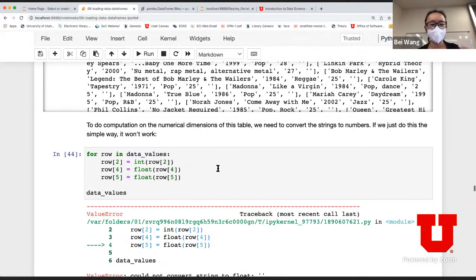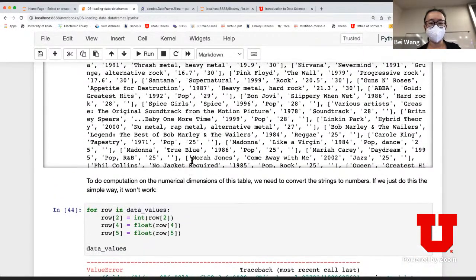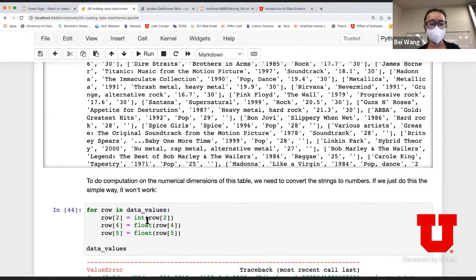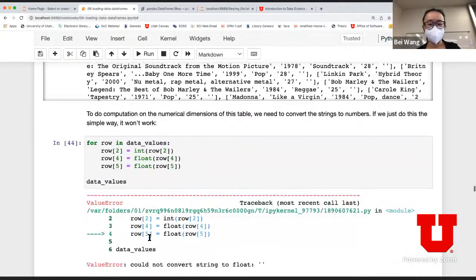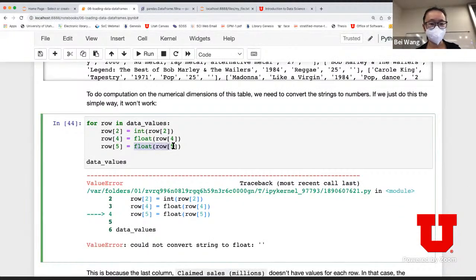Well, somehow in our imagination, we have those numerical values that I can convert to integer or float. But what happens is that when you actually do the conversion, for example, in this last field, where I expect there's going to be a numerical value and I convert it to a float number, if there's a missing value, then this is going to return an error.